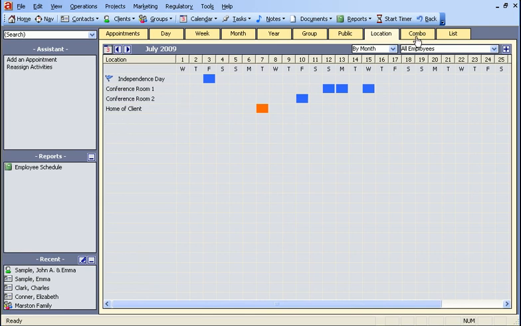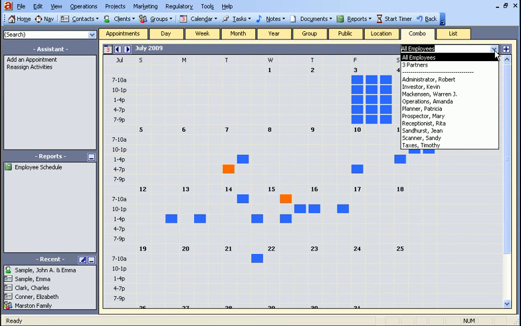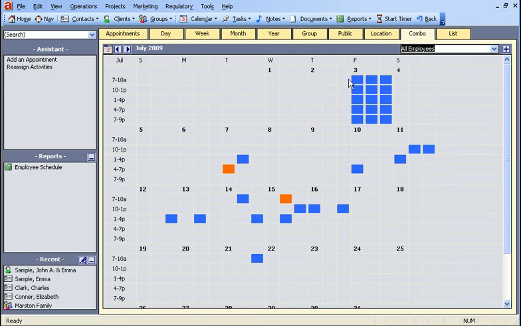The combo calendar is a rather interesting view. It displays a month of appointments graphically for the selected employee or for all employees. Each square represents a block of time, such as the 7 to 10 a.m. block. This calendar view takes a little getting used to, but many of our users find it quite helpful. And finally, the list view is where